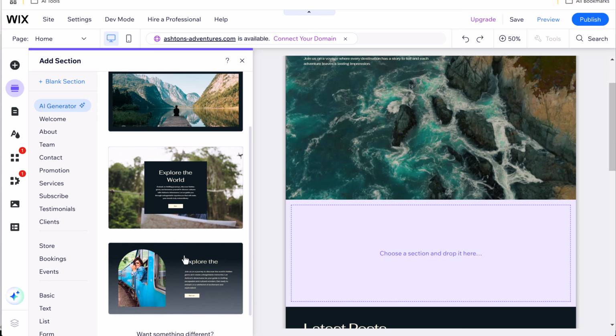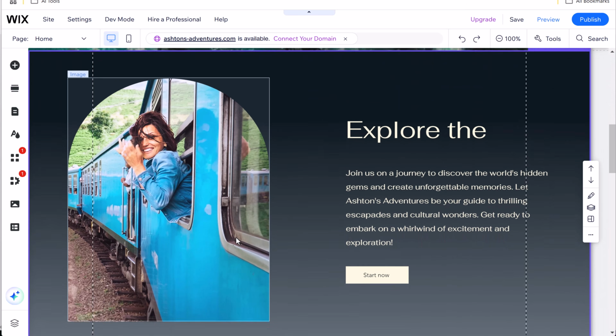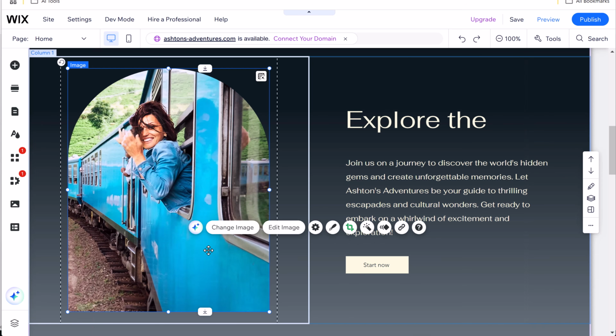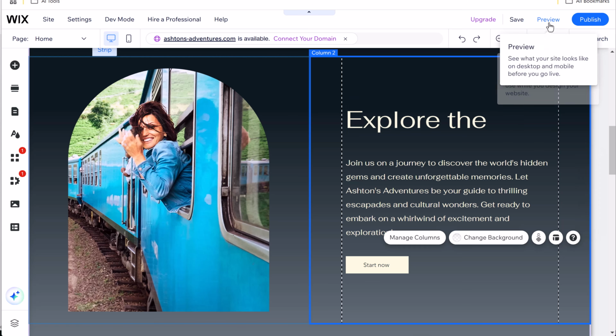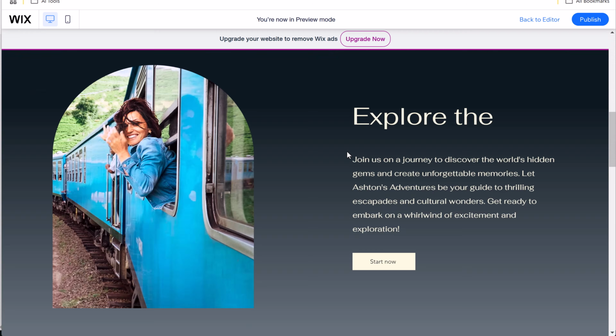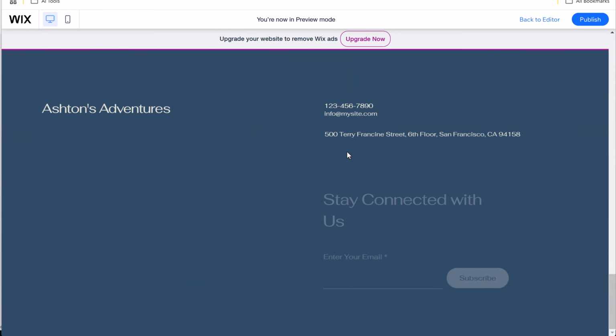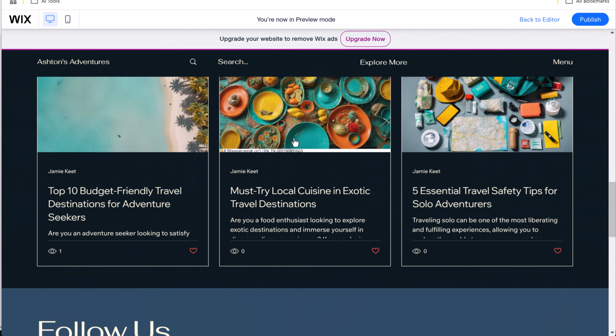So if we like what we see with one of these, so maybe I like this one right here, and all I have to do is change the picture here. So if I wanted a different image, I could go through, change the image just like I showed you before, but we have a little bit of a write-up here that AI gave. So I can always check in the preview how I'm liking different things on here. This page over here, other things I might want to change is to go and change any of the address. I'm not worried about this because this is just a demo site, but I could just go through and edit it down here. Let's go back to the editor, and I want to show you how you can add some